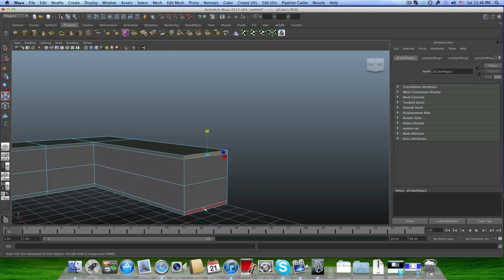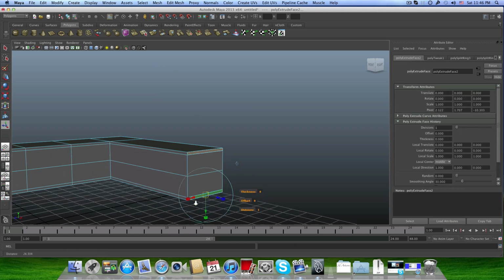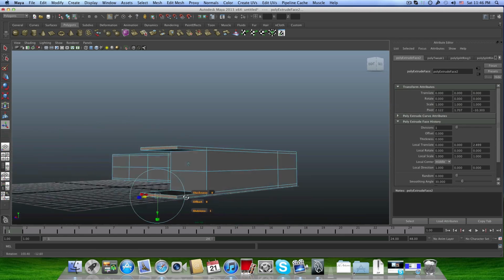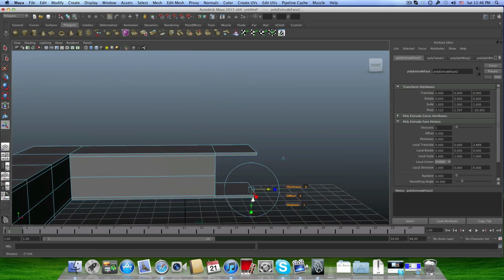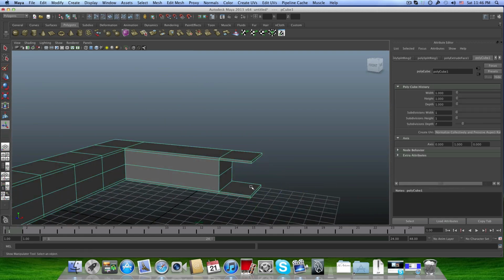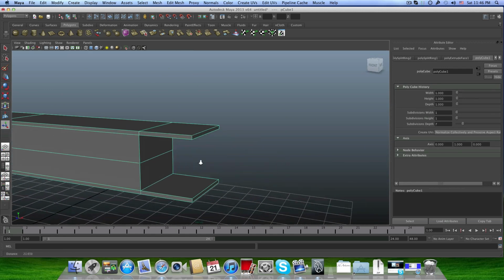choose this face, shift select this face, and extrude them out with this arrow, okay? And yeah, I think it's okay, that looks great. And again, tap on F8 once or twice, okay? Now